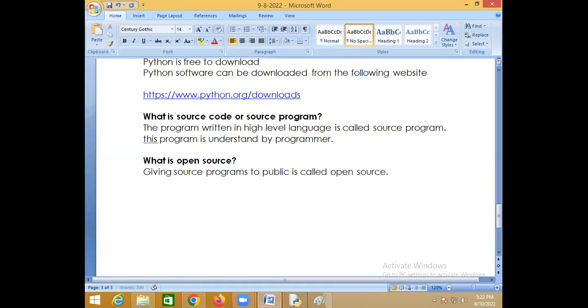Open source. Suppose WhatsApp is there. What do you do? You download and use it. Is the source code of WhatsApp given? No. If the WhatsApp source code were given, you would find so many WhatsApps, because I would know which language it is written in, and then I could change it. WhatsApp, Z WhatsApp, you would find so many versions. But how it is developed is hidden, right? It is secured. The code is secured. Proprietary, that is called proprietary.